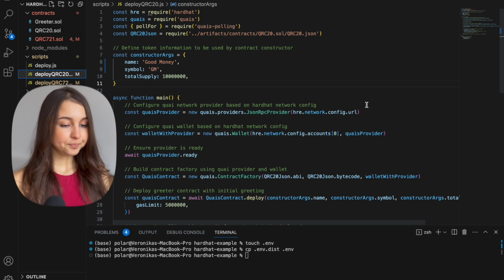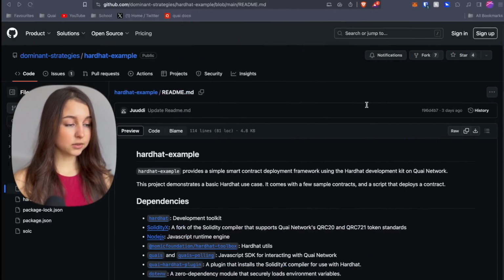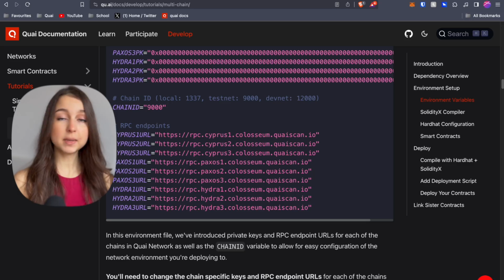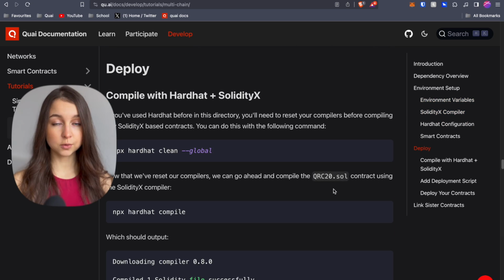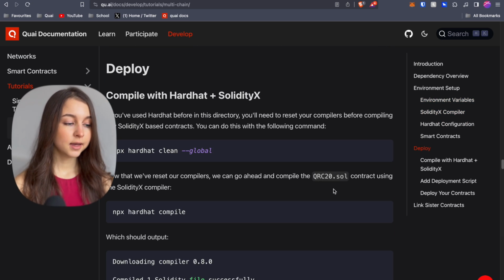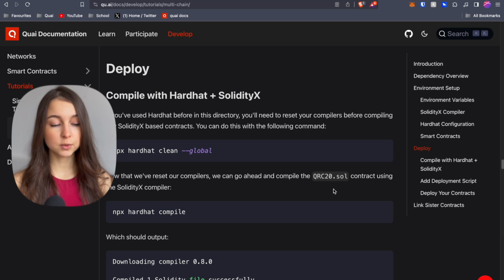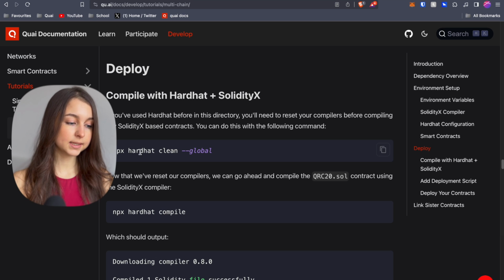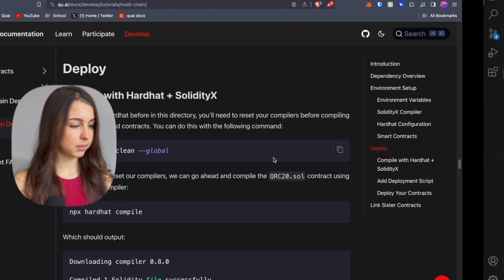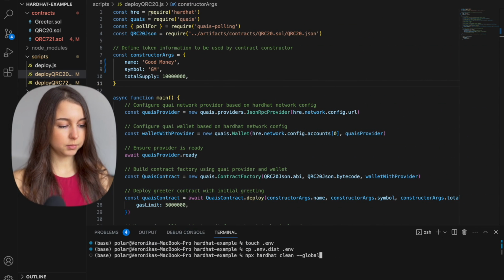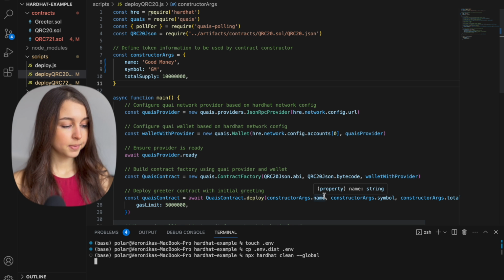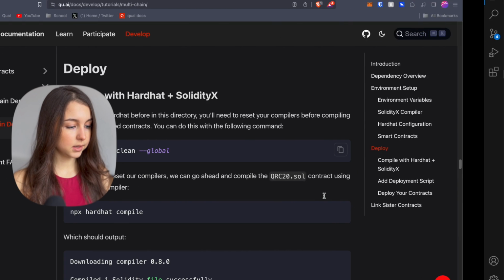That's all good. Let's go back to the Quai docs to check if we missed anything, to make sure that we are all right. So we go to the deploy stage right here. If you previously deployed any contract, which I did, you will need to use the npx hardhat clean global. That will make sure that you don't mess anything up, because if there has been previous compiling, there will be an error. And yep, so we cleaned our